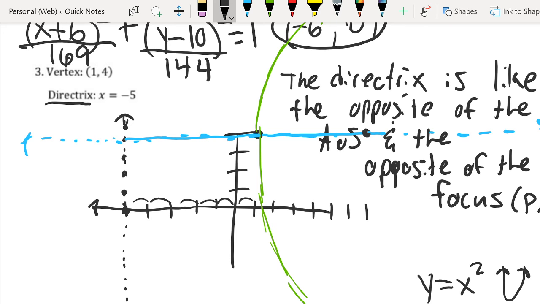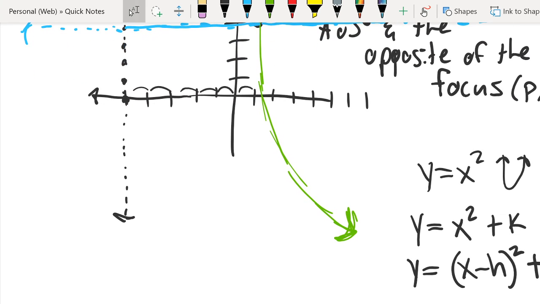The first time you learned about it, it was y equals x squared. Then you might have added some sort of value to it, let's call it k. Then at some point you learned there could be something inside here, and then h comma k is your vertex. Then you learn that you can put stuff in front as well, and you get this formula. So this is vertex form,